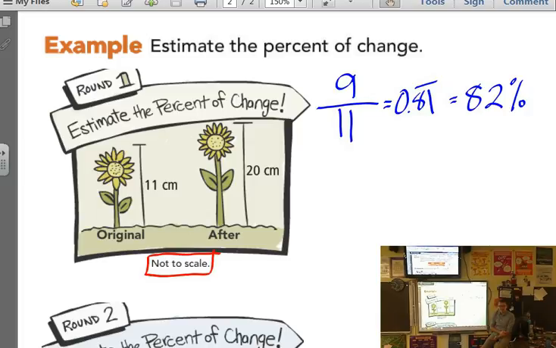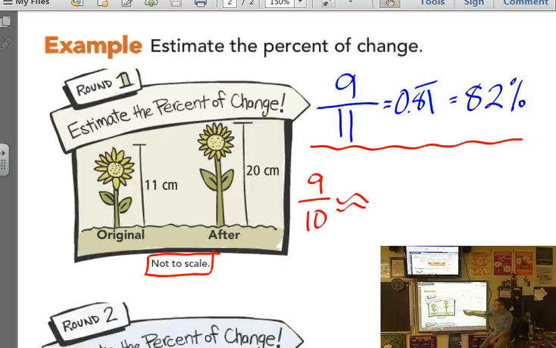Okay, but still, you're thinking about the 10 and the 20. Do I care about the number that I land on? No, less than that, because it grew less than 10. So remember that we're comparing the change to the original. What was your change? 9 centimeters. If I make the original easy to work with, instead of starting at 11, what could I say it started at? 10. This would give me approximately,